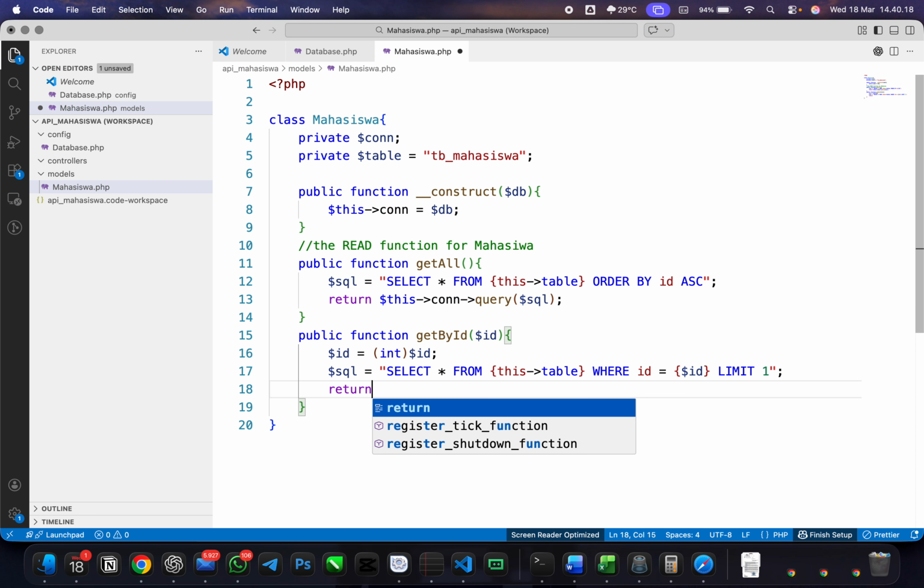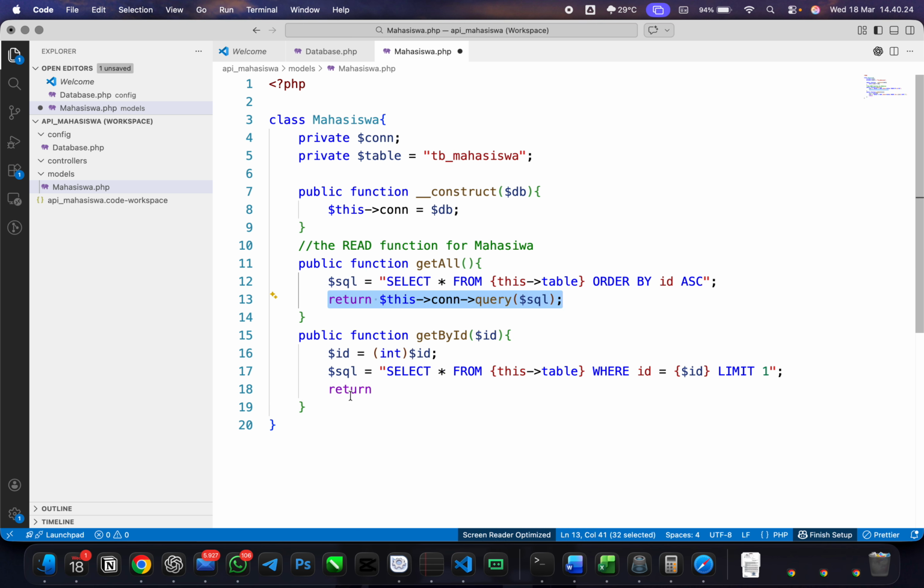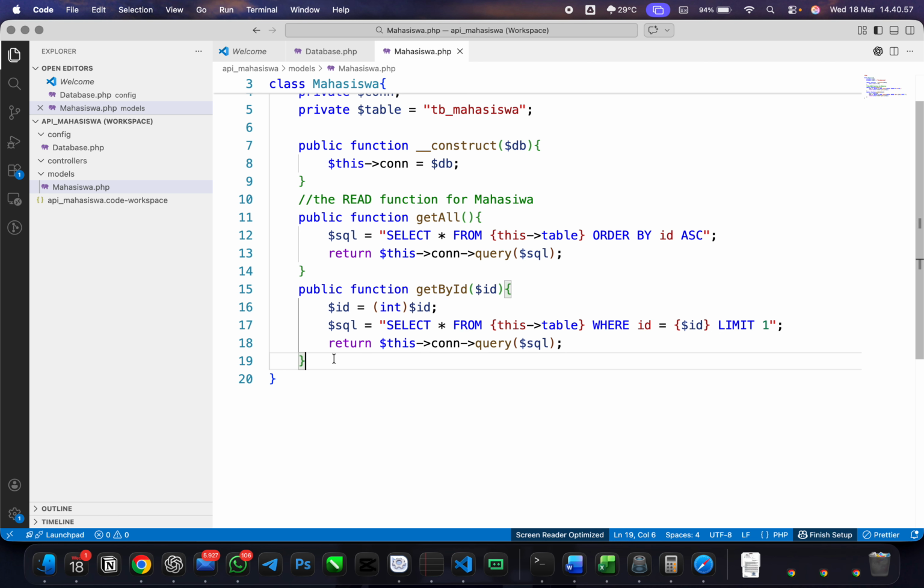Okay, return this connection query SQL. Yeah, I will just copy paste to make it shorter. This is the connection, and execute the query with the parameter value SQL. The query will be select all from the name of the table, tabel mahasiswa, where ID is the ID that is sent from our front end. The limit will be 1. So this is the beauty of declaring tables separately and not declaring inside the database.php. Okay, the next one,